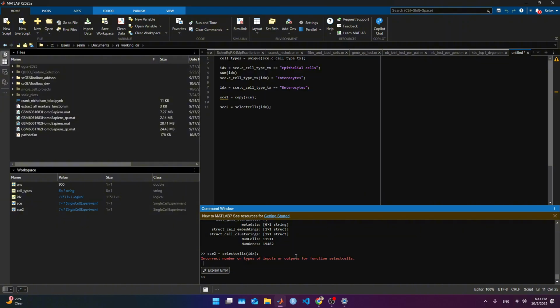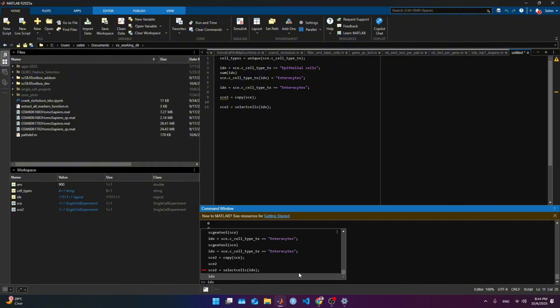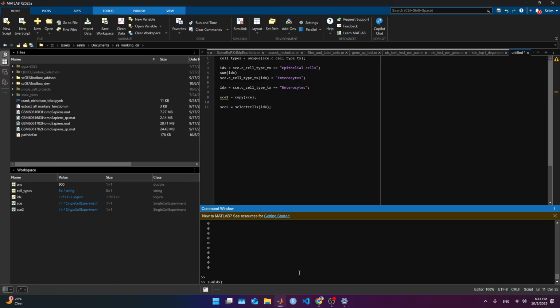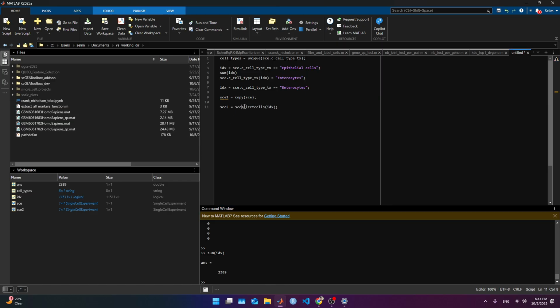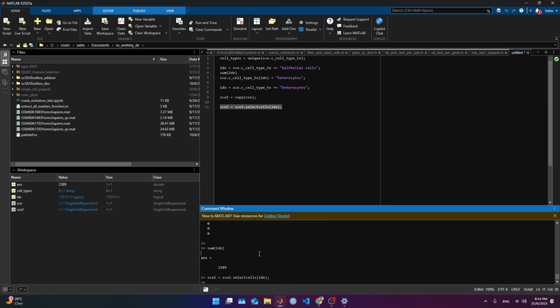Incorrect number of cell types input idx sum. Okay, I have cells. Oh, my bad. It has to be SCE2 dot, is calling the object. SCE2 has now been subsampled. If we open this now,